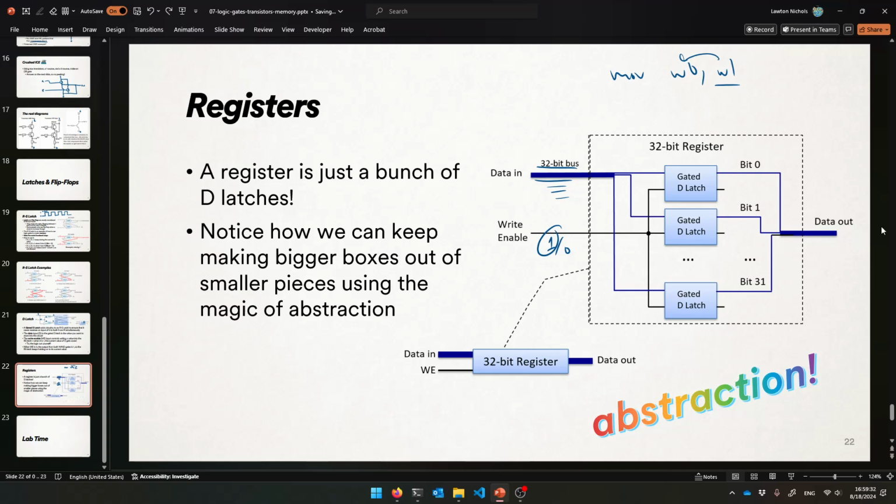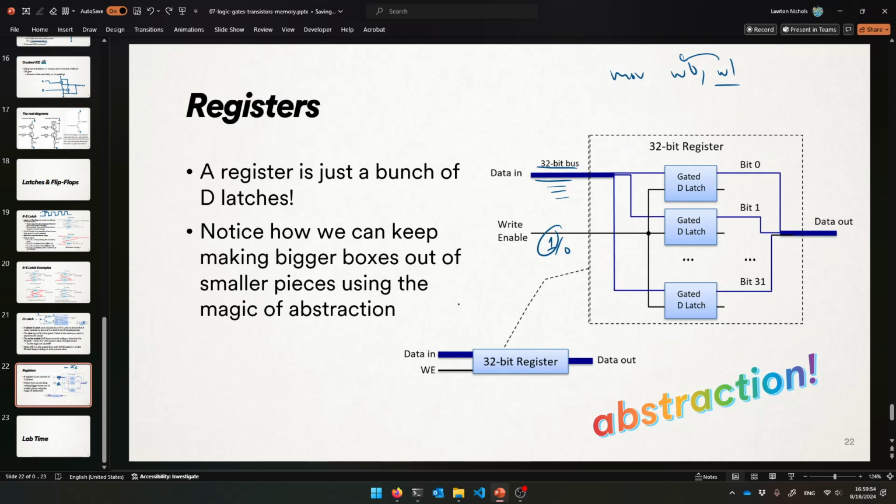And of course for 64-bit registers, which are what we really have, this is kind of just an abstraction. But in your book, it's doing 32-bit stuff. So we really have X0 and X1. We're just using pieces of those, but this is how you build a 32-bit register, and you can just add 32 more D latches to build a 64-bit register, right? And now that we know how to build